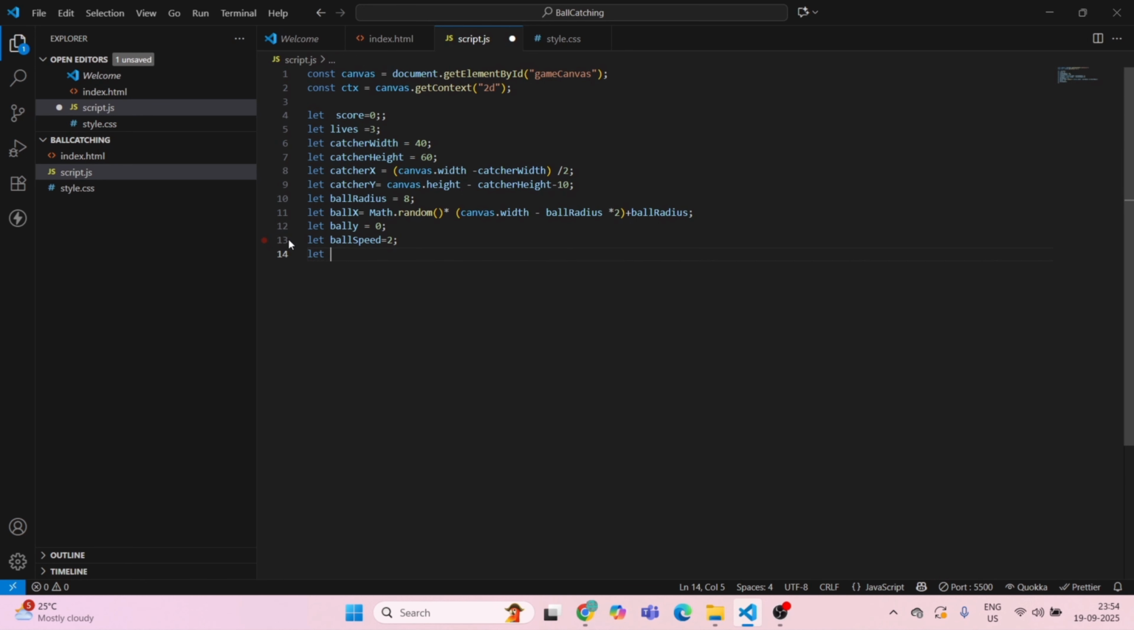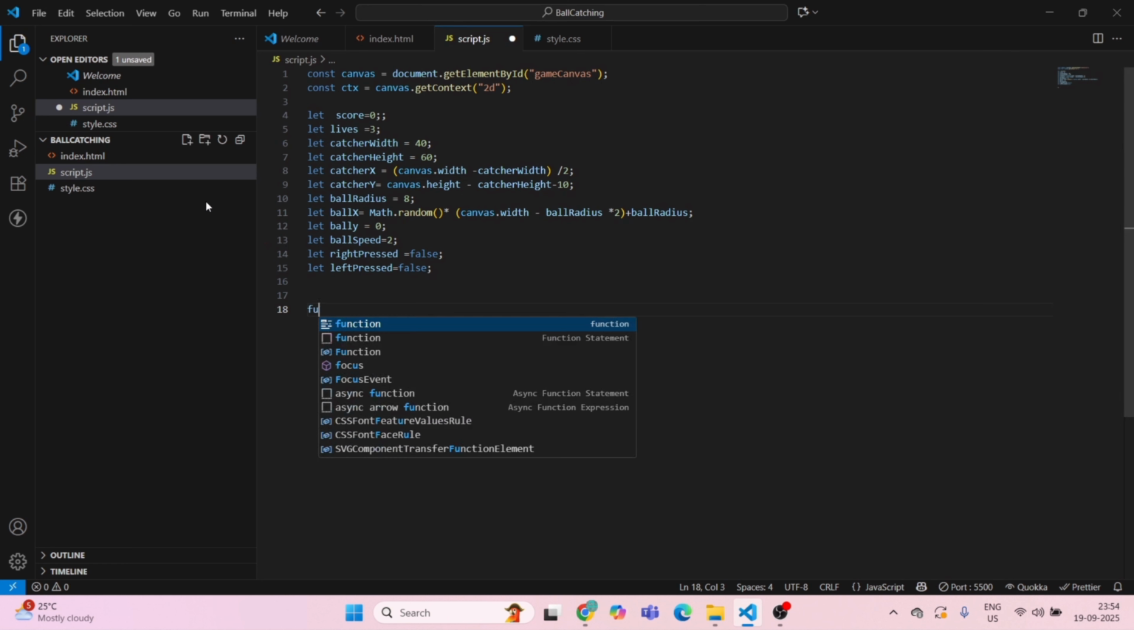Then we have let rightPressed is equal to by default false. Let leftPressed is equal to false. Both things will be false only. Now we will start with the function. So function